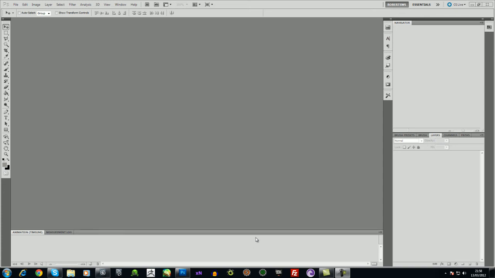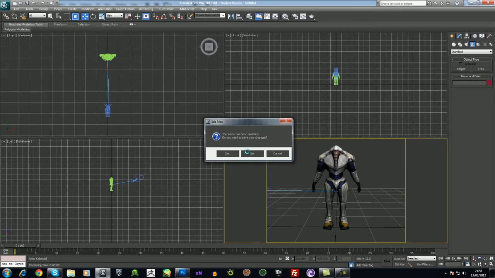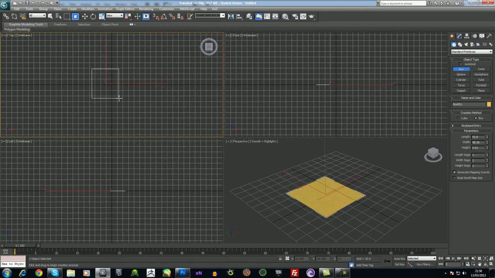Hello, I'm just going to talk you guys through using Xnormal for doing low to high poly bakes. Xnormal is really cool and really quick and effective, much better than Max. So for example, let's create a box here